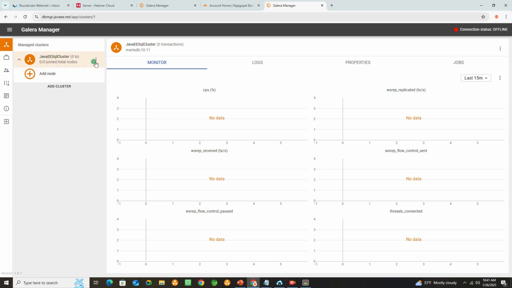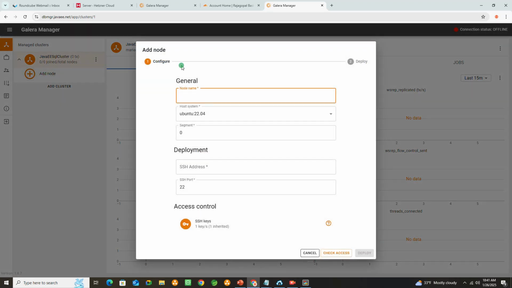Add the node. So how do we do that? Let's go here and we click on the Java EE SQL cluster. We have an option to add the node. I'm going to add the node by clicking on Add Node button. When we do that, we have option here